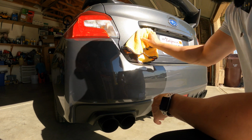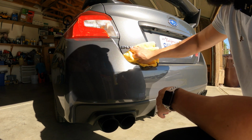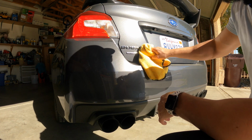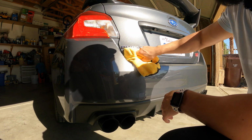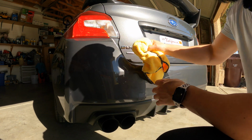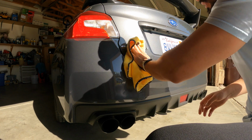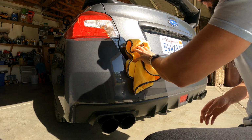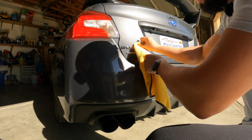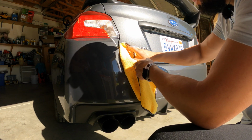If you wanna wash it before doing this, you're gonna have to wait at least 48 hours to do so. And you just wanna get in there and try and get it all out, because like I said, prep is key. Prepping is the key. We're gonna go ahead and get nice in there, get that nice and clean, get all that dust out from there, because all that is gonna affect how the dip